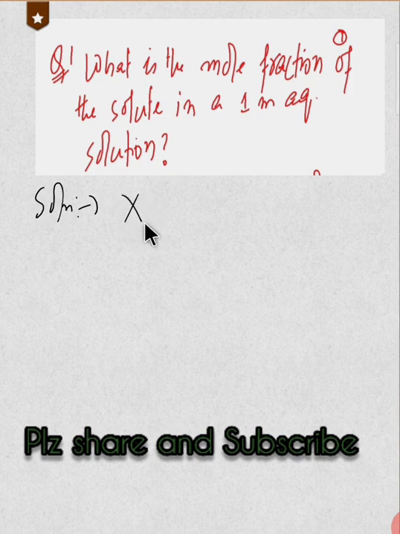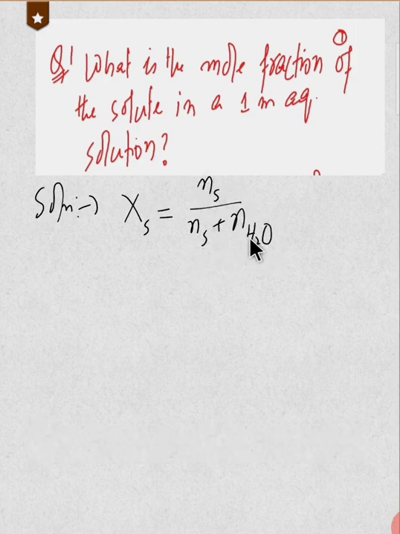The formula for the mole fraction of the solute is the number of moles of solute divided by the number of moles of solute plus the number of moles of solvent, water. So we need the number of moles of solute and the number of moles of solvent, water. Now the molality is 1 molar solution,